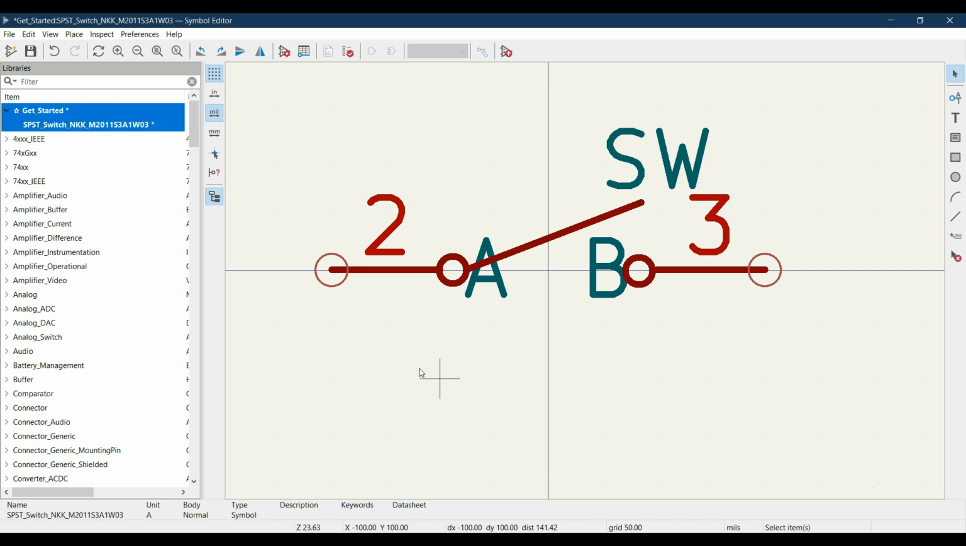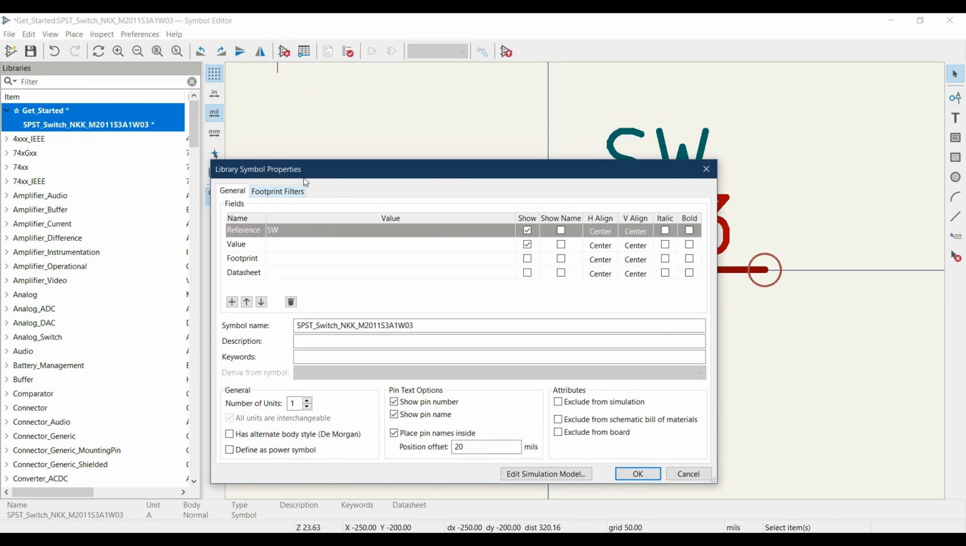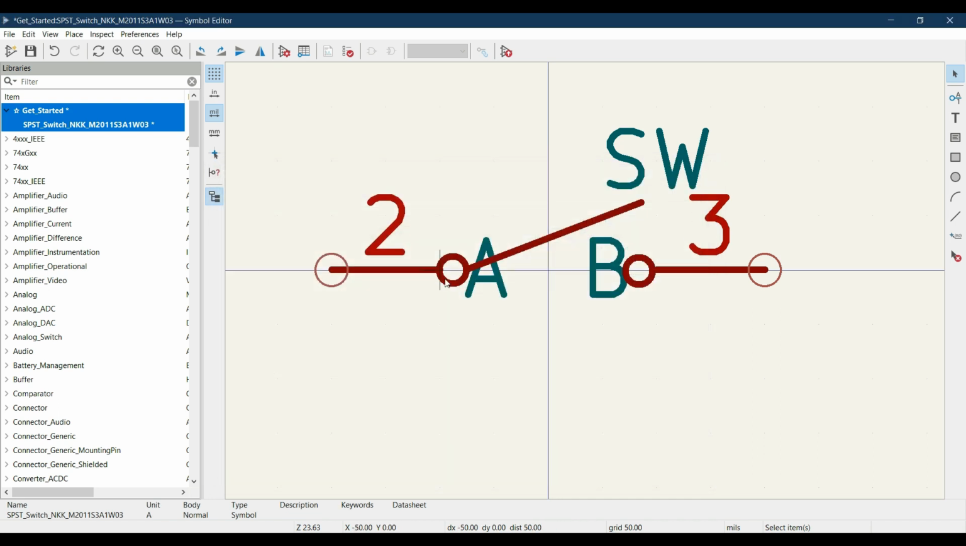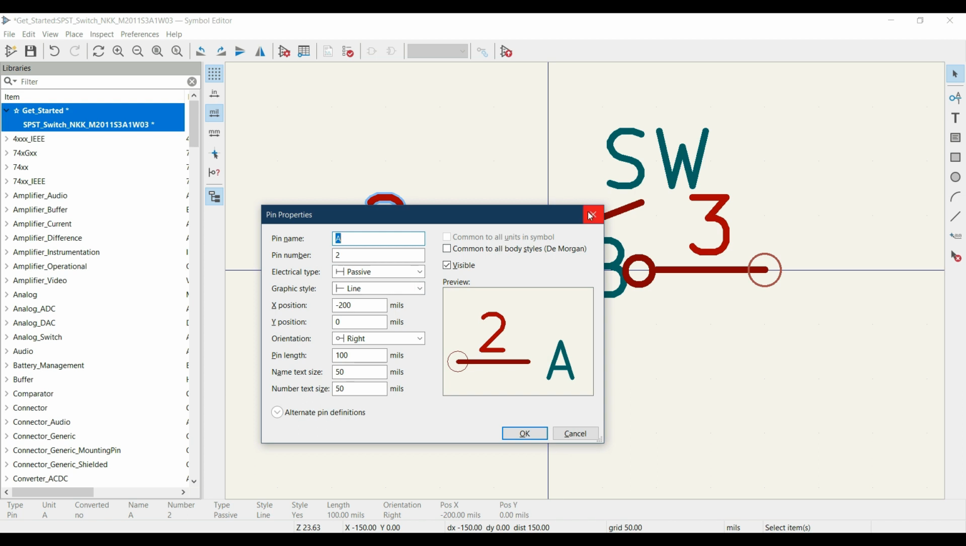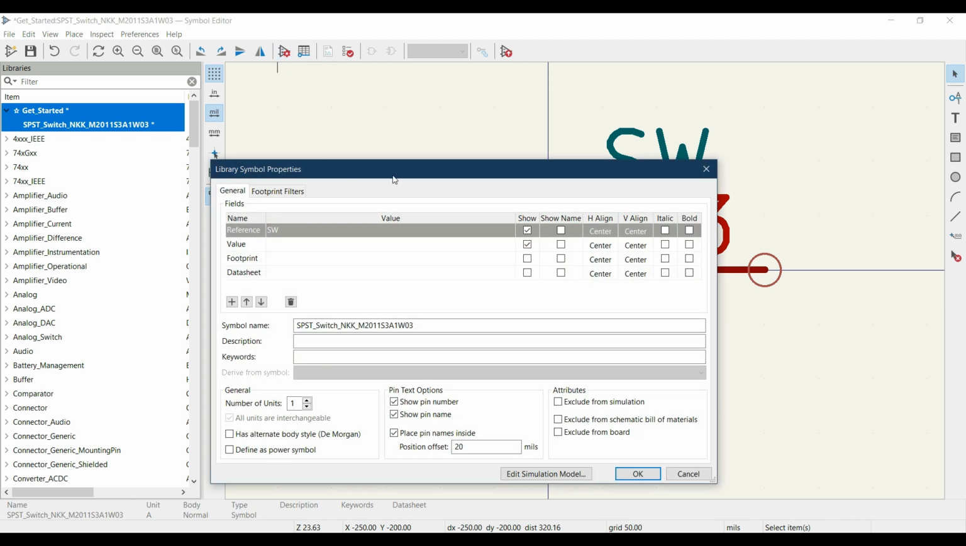Now edit properties of the symbol. For that, go over here. This is the symbol property. Let me close this. If I click on this pin and hit E, this is the pin property. And if I click over here on this display symbol property dialog box, this is the property that is associated with the entire symbol. So over here